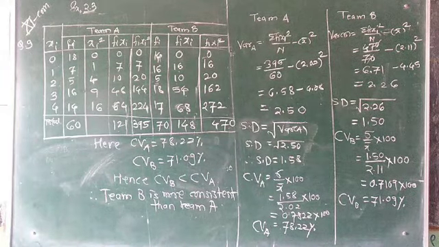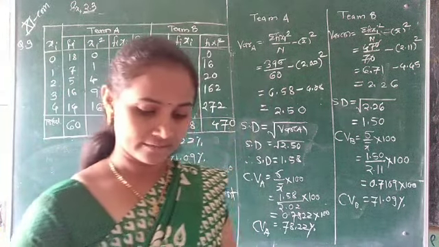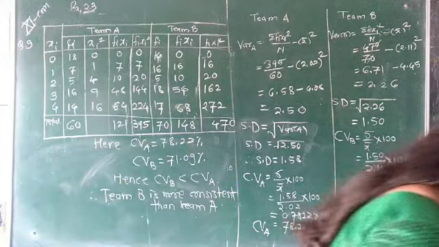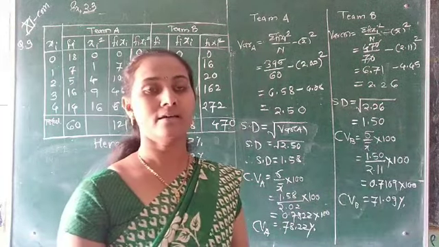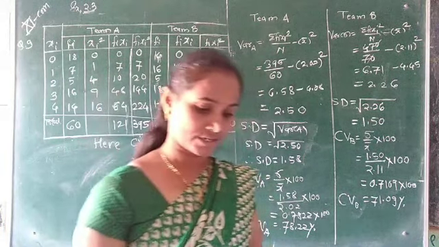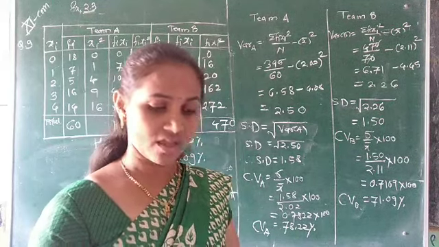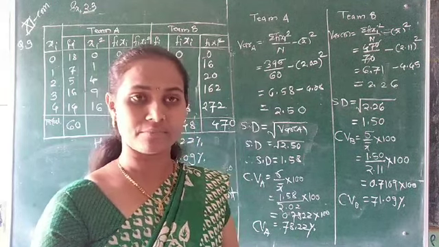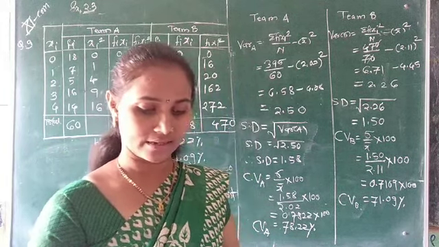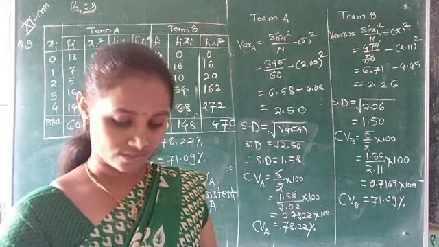Then again what you have to do is find out their CVs. Whichever subject shows the higher CV, its variability will be higher. A higher CV means higher variability than the smaller CV, which is a very easy question. You should try to solve this question. First find CV of marks in mathematics and next find CV of marks in statistics. Compare both CVs and then write your conclusion.